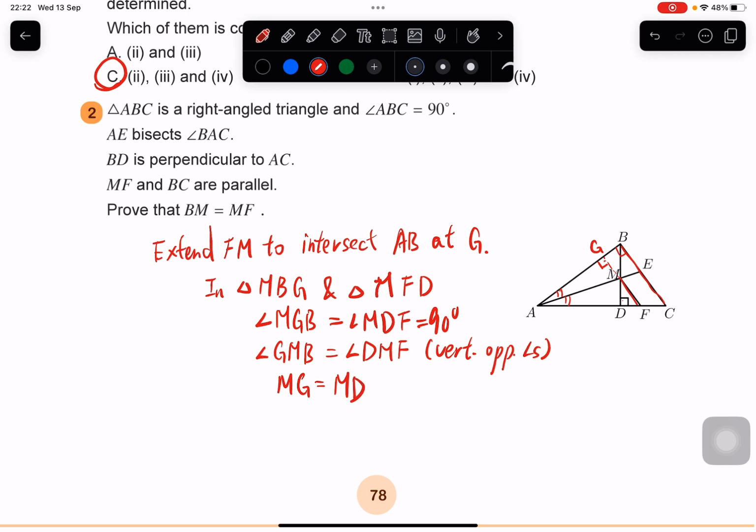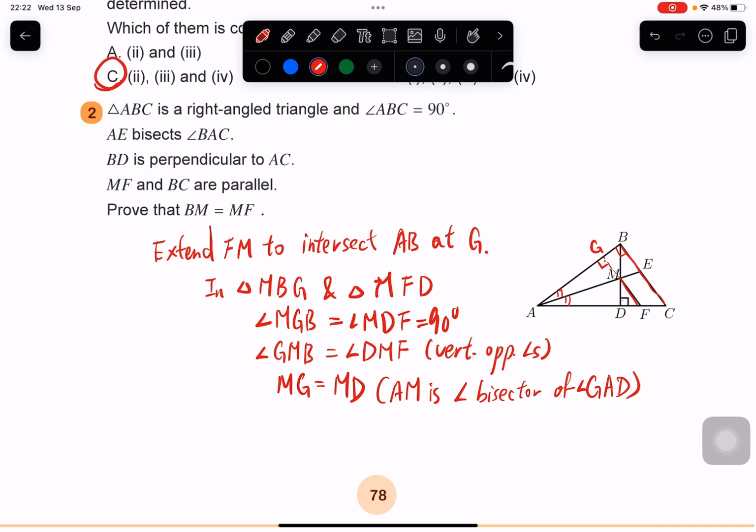That's because AM is the angle bisector of angle GAD, and the property of an angle bisector is that any point on the angle bisector is equidistant to the two